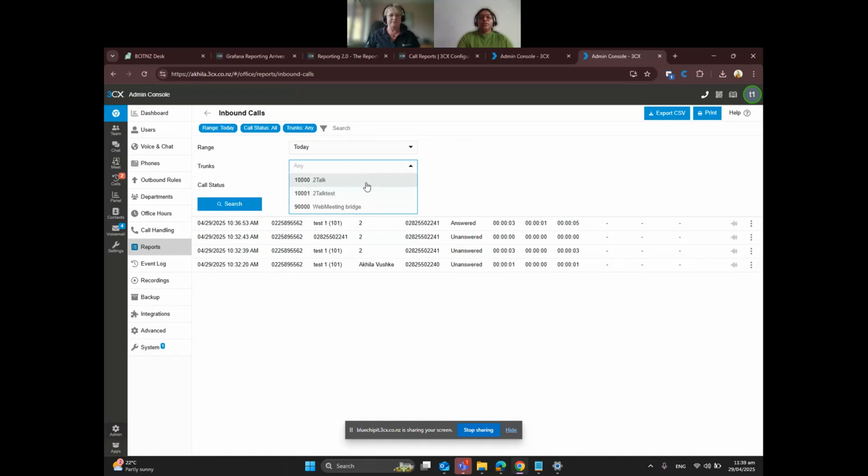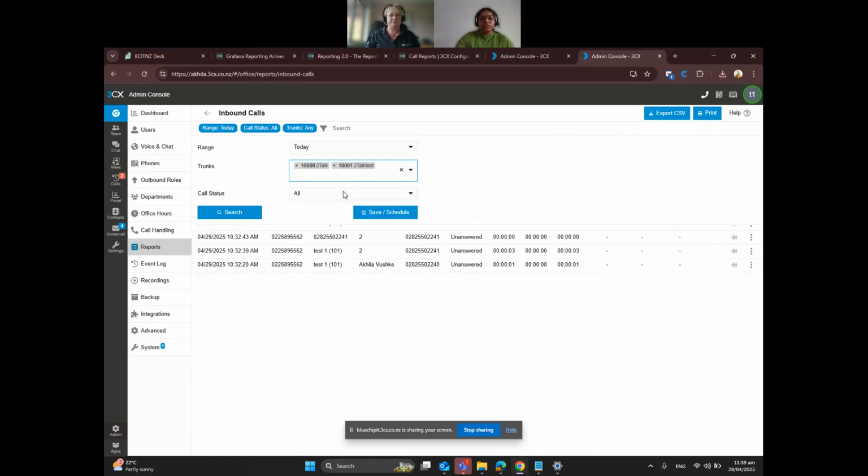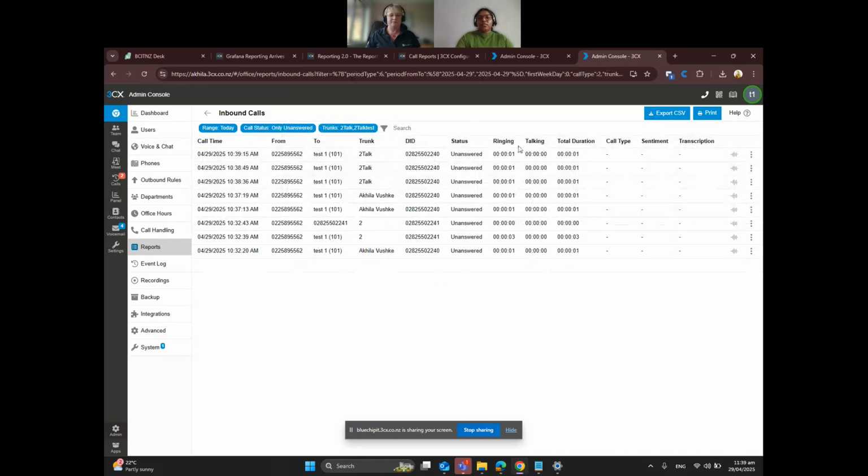For example, if you want to export the CSV file for 3 or 4 trunks, you could select the option from here. And call status, you could select all calls or only answered or unanswered. And if you search with this option, you can see all the unanswered calls showing up under the inbound calls